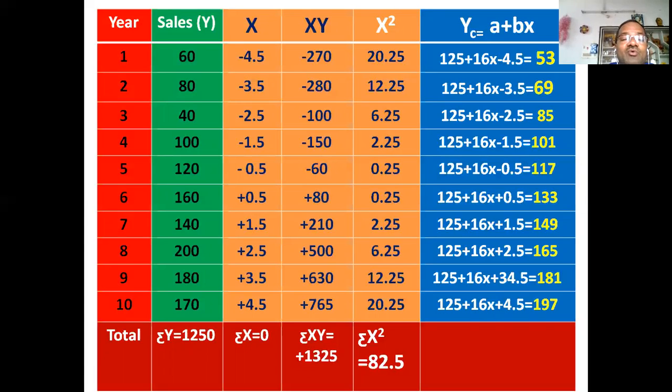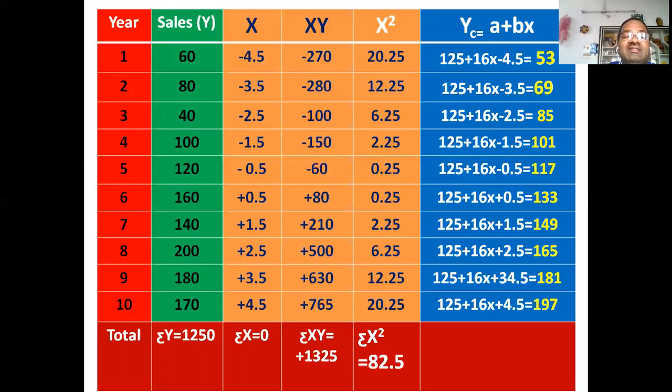So what we have to do is 2 years will be made as origin years. Look at this slide. As there are 10 years, 1, 2, 3, 4 will be kept as one part, 7, 8, 9, 10 is the second part, and the 5th and 6th years are the center years. So in the even number case under the least square method, the origin will be 2 years. In this case, the 5th and 6th years will be the origin.